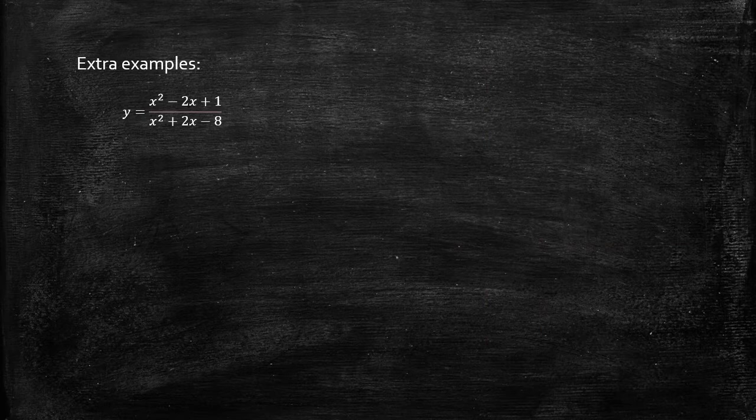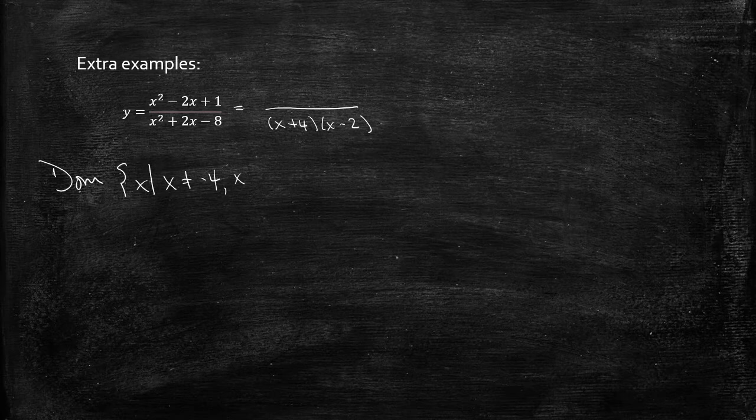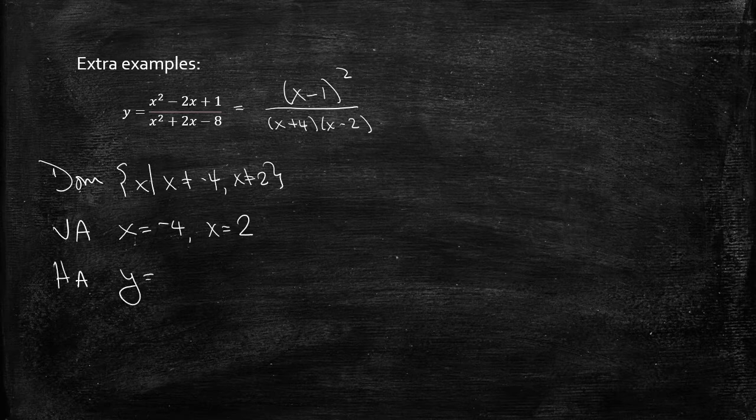Okay, and then here's one more. The denominator, right, start by factoring that, x plus 4, x minus 2. So that's our domain, everything except for negative 4 and 2. Factor the numerator. This factors to x minus 1 quantity squared. Okay, so the two vertical asymptotes, x equals negative 4, x is equal to 2. Horizontal asymptote, y equals 1,